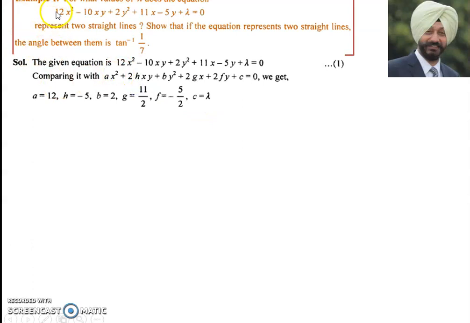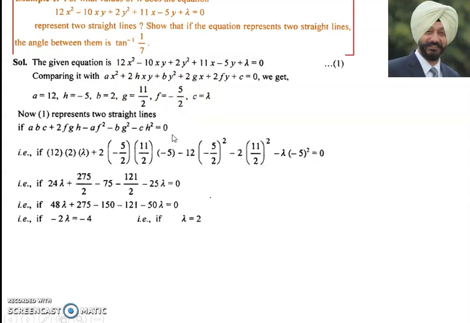So here a is equal to 12, h is equal to −5 because 2h is equal to −10, b is equal to 2, g is equal to 11/2, f is equal to −5/2, and c is equal to λ. This second degree equation represents a pair of straight lines